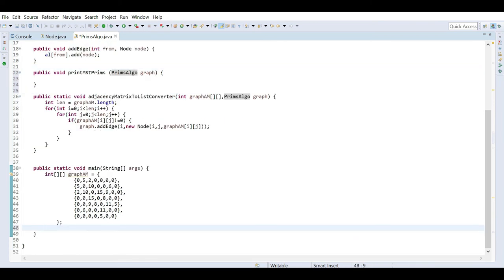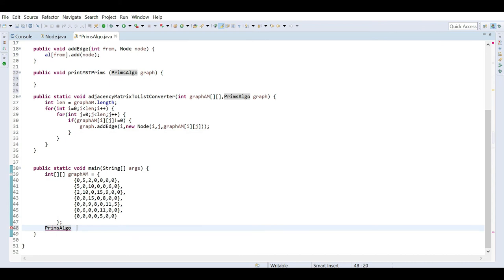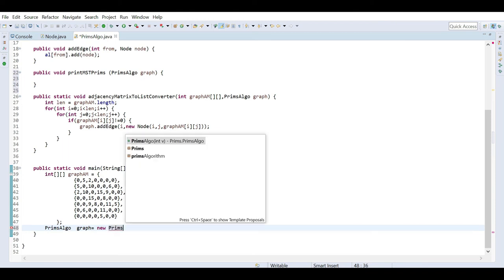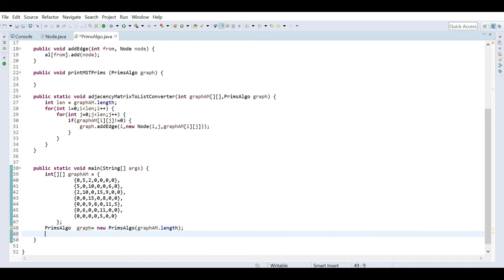So you can simply say PrimsAlgo graph equal to new PrimsAlgo, and here the input will be this graph's length, right? So this graph's length will be my total number of vertices, and then we have to call this method.